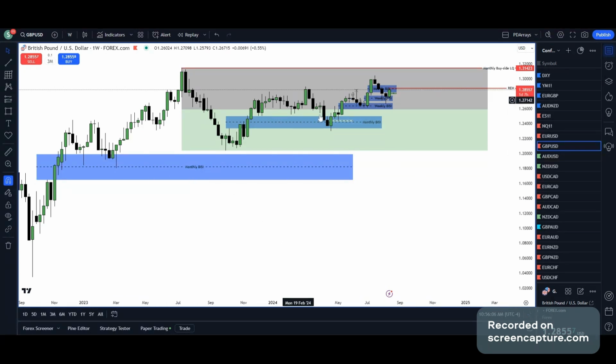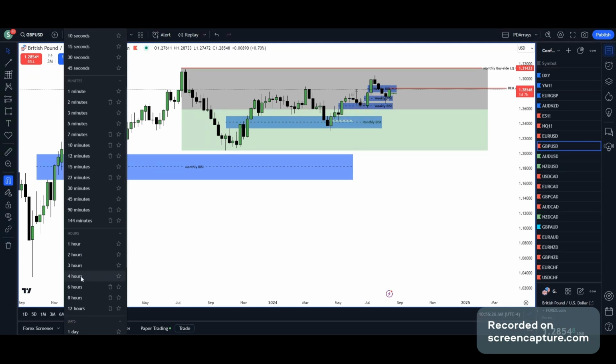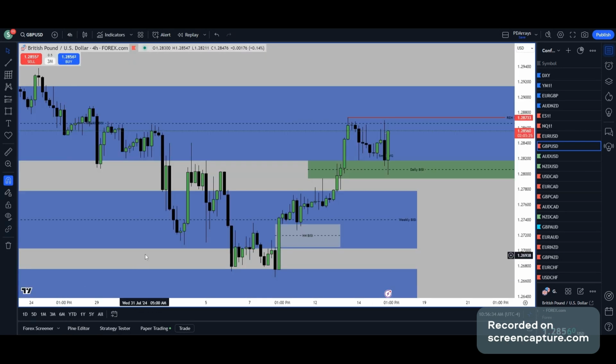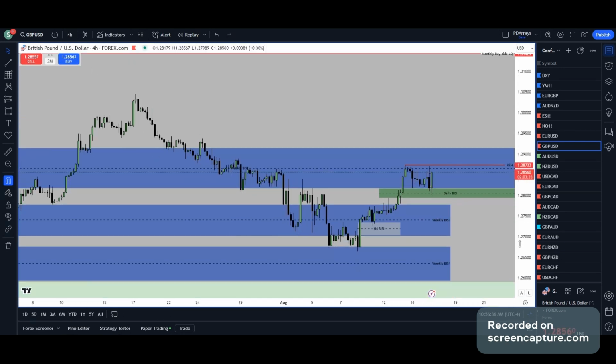But anyways, what happened was we got a nice rejection from that monthly BISI. It ended up leaving a weekly imbalance, which price came back into, and then we had a nice displacement away from that as well. So that's what I'm going to be really focusing in on. So from the weekly, we got a weekly key level, and with time frame alignment, I want to see a 4 hour reaction from it, and